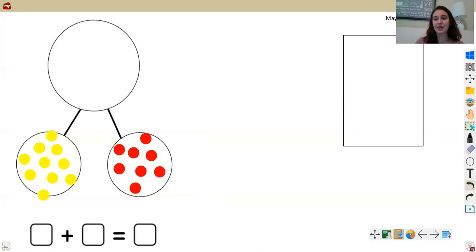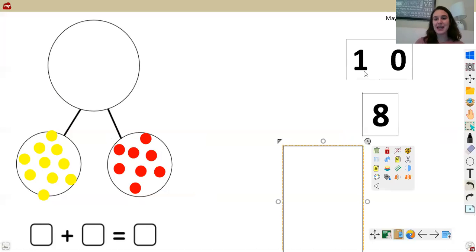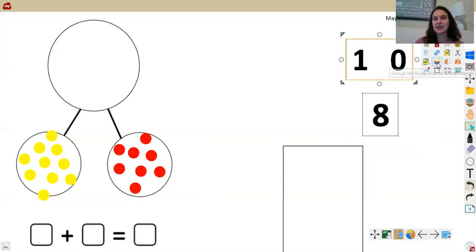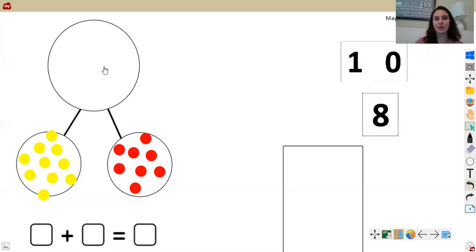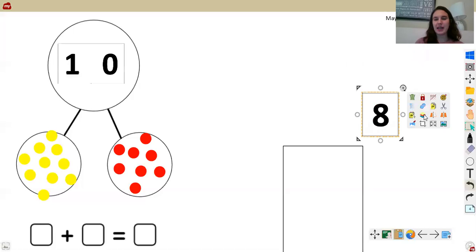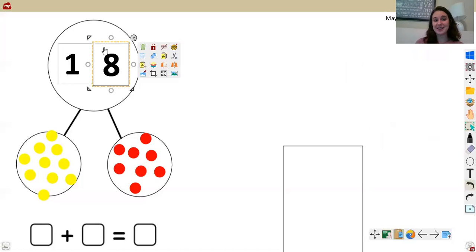All right, scholars, now that you guys did that on your own, I'm going to move my box. And here I can see a 10 and an 8. And I know that if I take my 10 and I put it here, and I take my 8 and I cover the 0, I'll get 18. 10 yellow squares, 8 red squares. So your number sentence should be 10 plus 8 equals